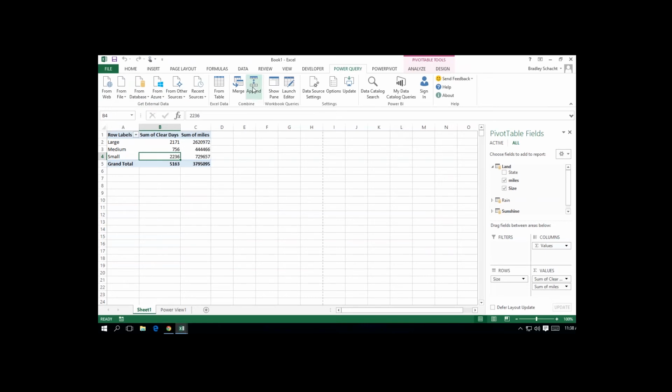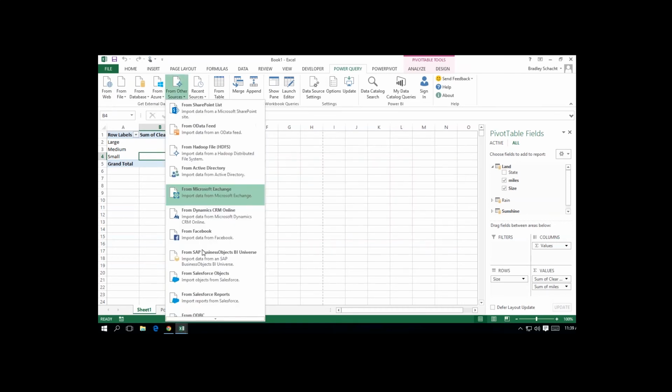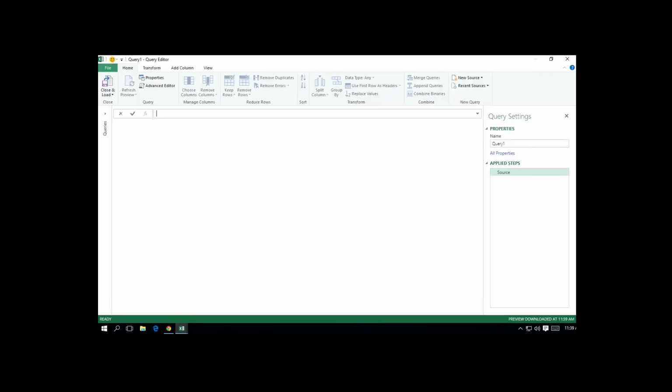We do see some of these options here already on this tab. So just a little different layout. Ultimately, though, same kind of functionality. When we actually launch into, let me do other sources here and just launch a blank Power Query window, you see that the Power Query window itself is essentially the same as what we saw inside the 2016 environment. So it's a little different way to get to the tool, but ultimately the same options and everything. You see our merge and append are still there at the top, the use first row for headers, all that kind of stuff there as well.